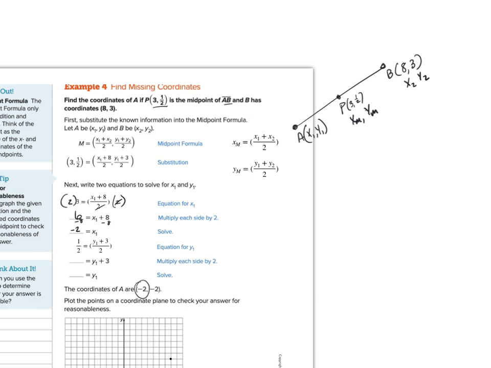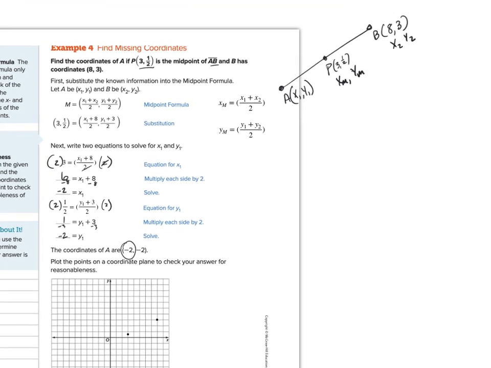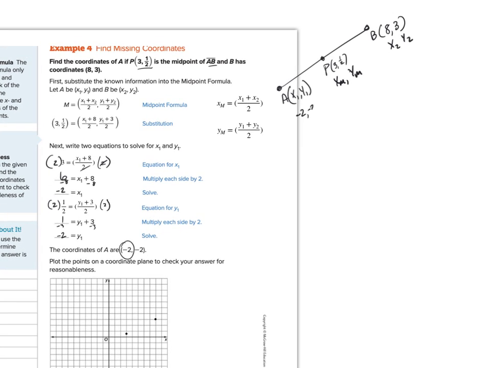Doing the same thing with my y values. The midpoint of my y value was 1, I'm sorry, 1/2. The y1 we don't know. Y2 is 3 divided by 2. That's my formula. Again, multiplying by 2 on both sides. That is going to be 2 times 1/2 is 1. Subtracting 3 from both sides. And then y1 turns out to be -2. So there you go. The coordinates that we came up with for A are -2, -2. Okay. Then it says